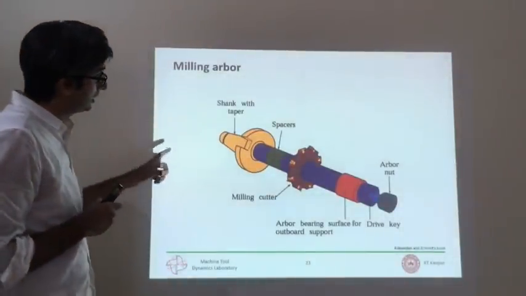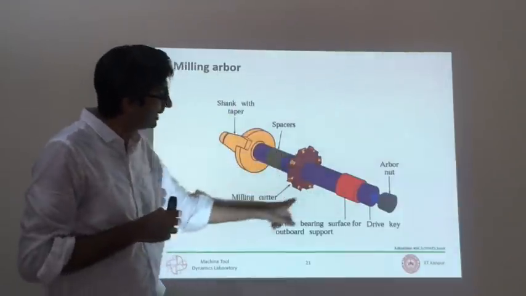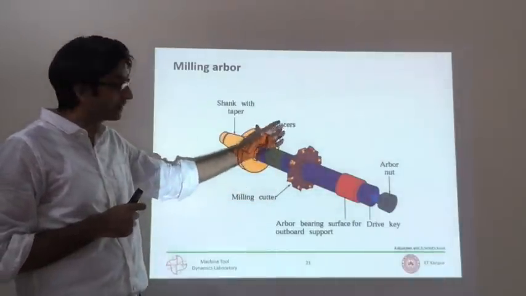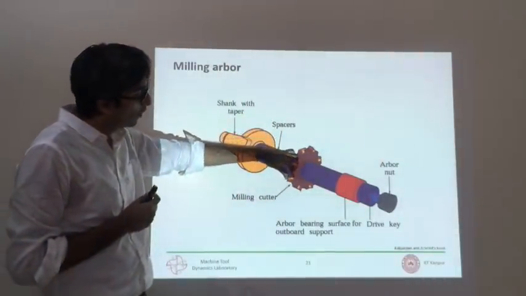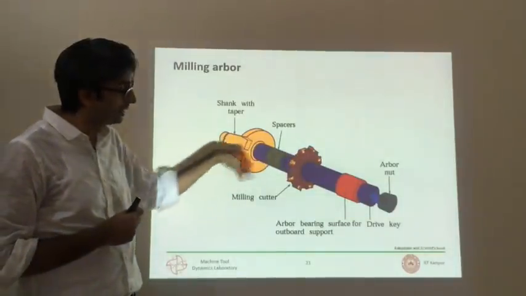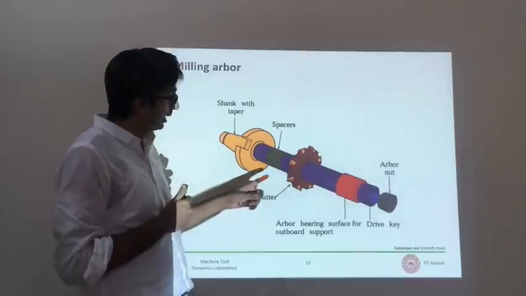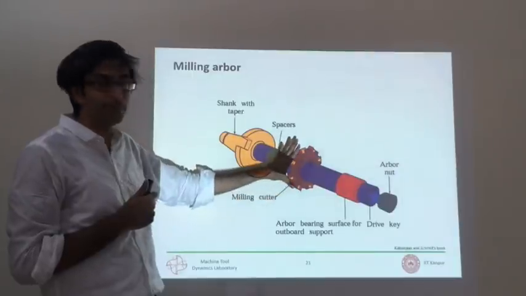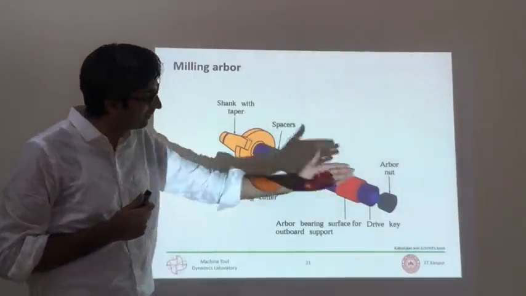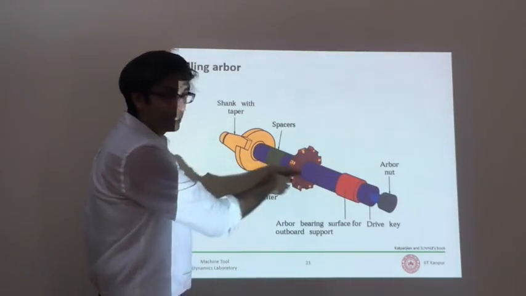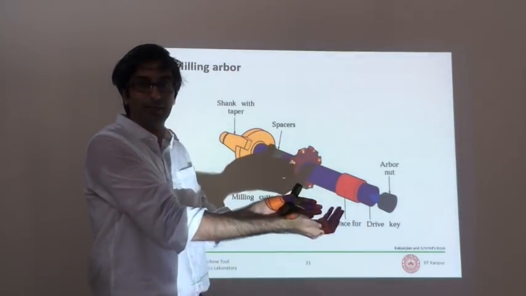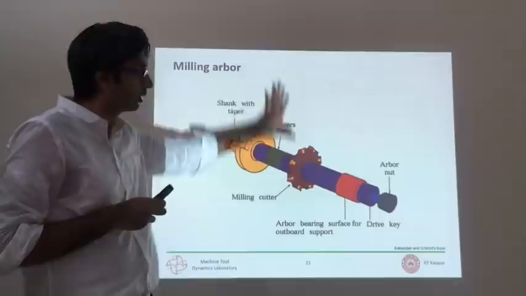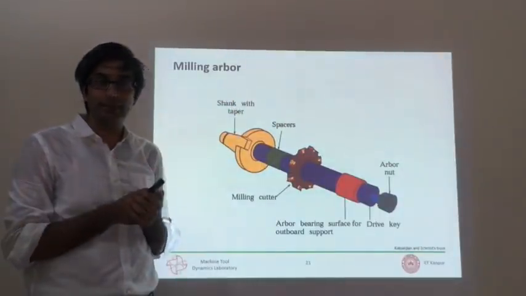Alright, so this is that tool. Like I said, this is the milling cutter. It has multiple teeth, as you can see. Sometimes it is a solid cutter, sometimes it is like the spade drill where you have modular cutters which you can remove and replace if one of them breaks. And you can see that I can change this cutter, right? It does not have to be of the same width or the same diameter. I can disassemble it by removing these nuts and spacers. I remove this from one side and I put how many other tools I would like to. I can put 1, 2, 3, 5, or I can put a thicker one or a bigger one. That is my choice depending on my application.